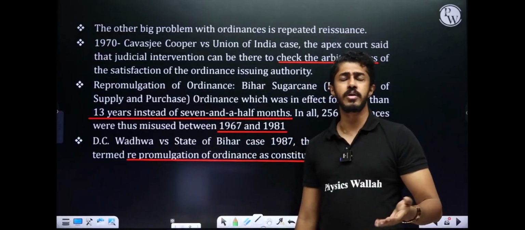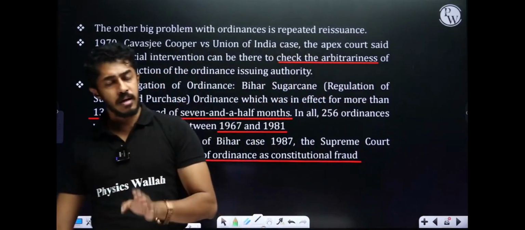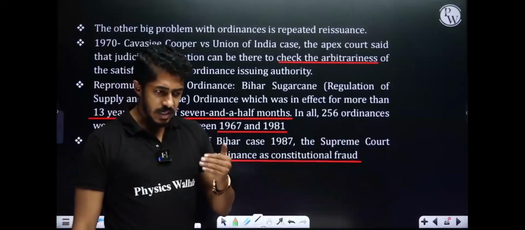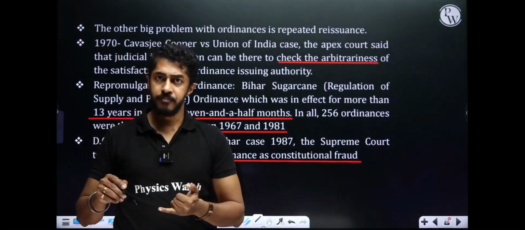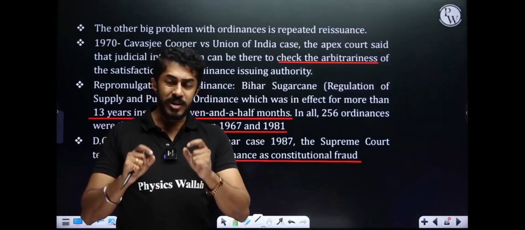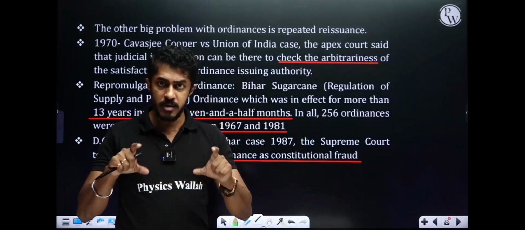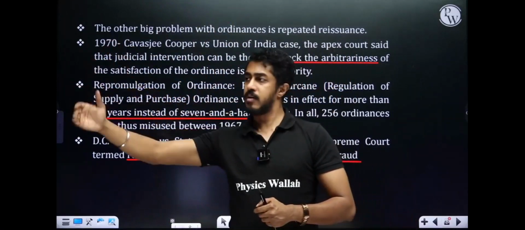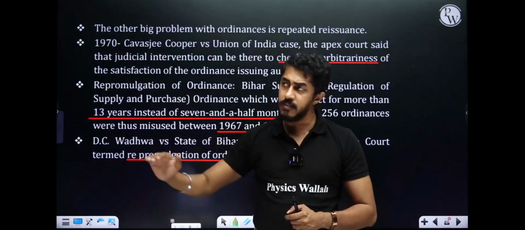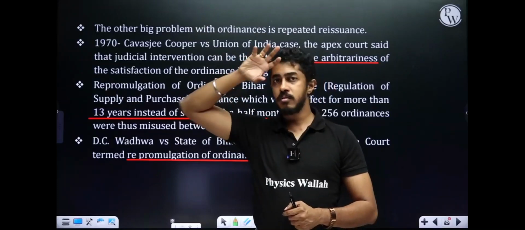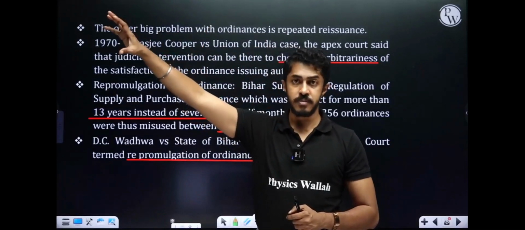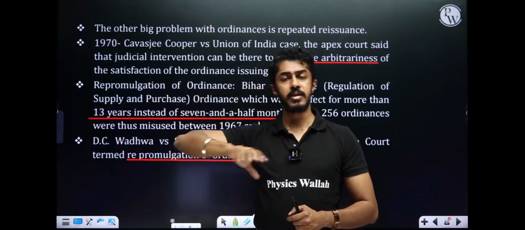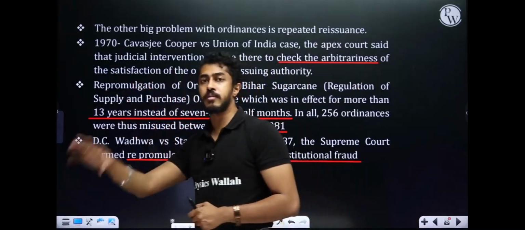Is it stopping anybody from doing it? No. State level, central level, it keeps on happening. That is what we are witnessing. Clear, people? So this is a clear example of the fact that we are used to domination. Judicial accountability as a system in our country has its own set of weaknesses. And what is the weakness? If the government, be it at state level or union level, has the major numbers, that is, a very good majority in parliament or the state legislative assembly, the judiciary has very little role there.